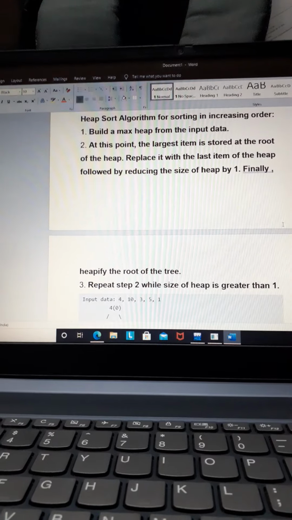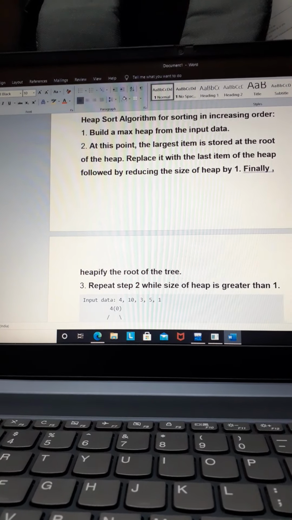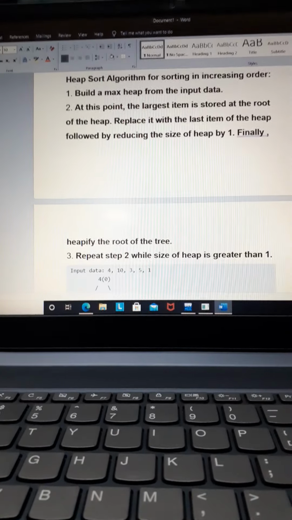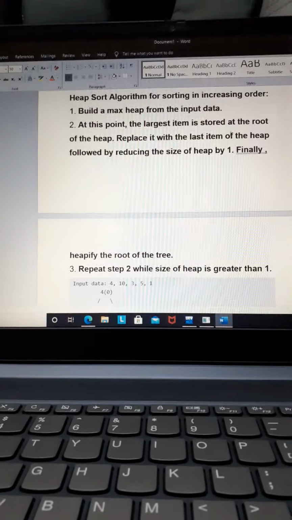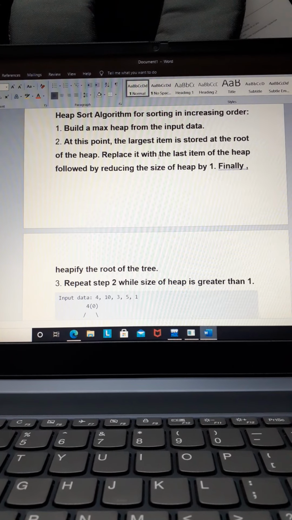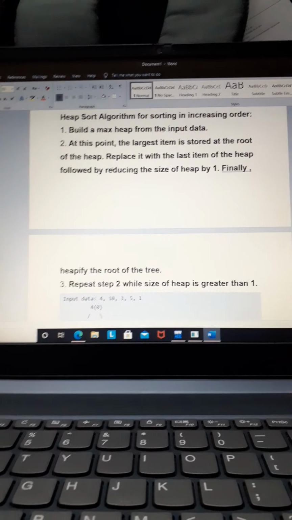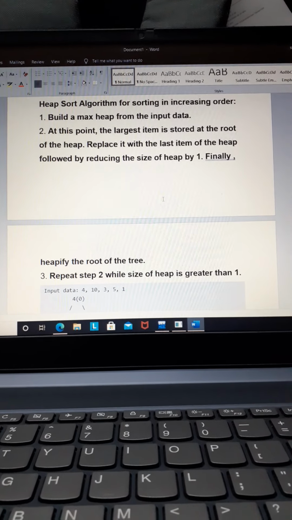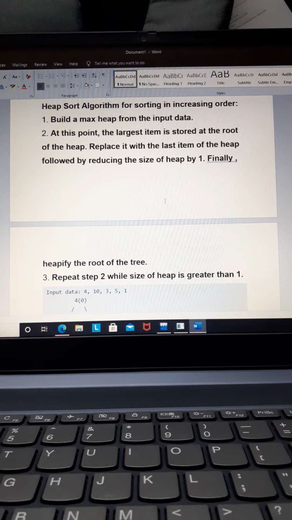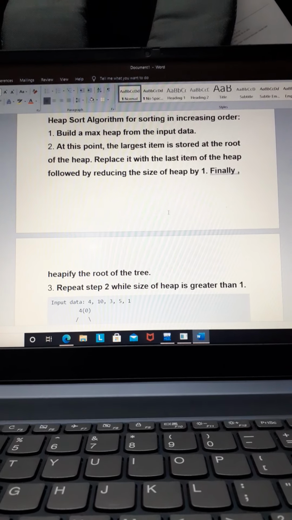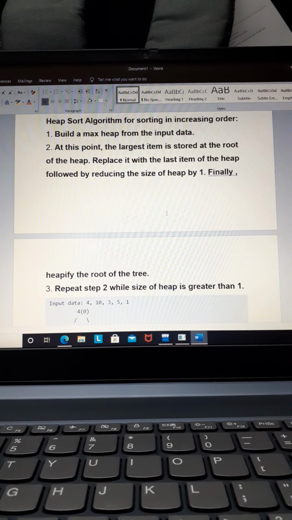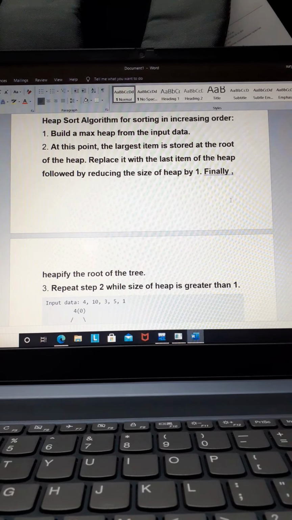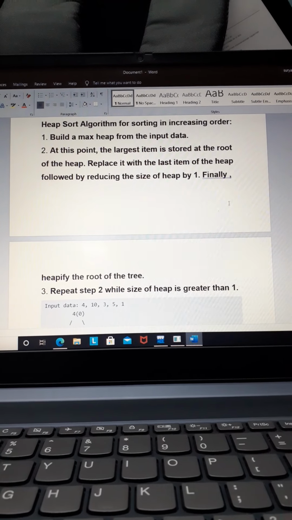For sorting, first we have to build a heap, and then we go for the sorting. Why are we keeping the largest element at the root of the heap? Because when we replace it with the element at the leaf node and call the heapify function, eventually we will get the smallest value.